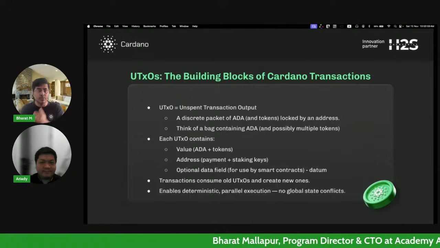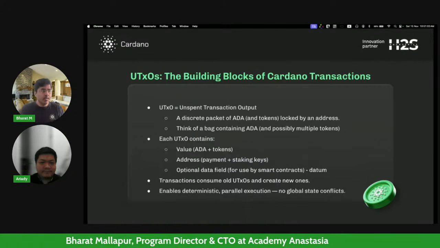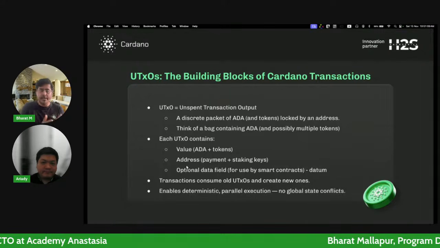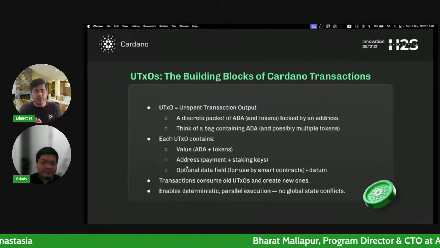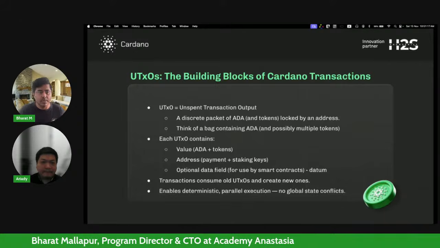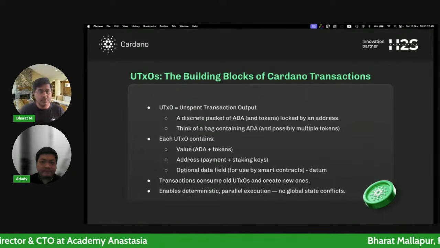They're actually present in your wallet as native tokens. So each UTXO contains value. It can be ADA plus tokens. And this UTXO is locked to your particular address. So when you want to spend this money, you will have to unlock it with your signature, with your private key, and then you can spend this.